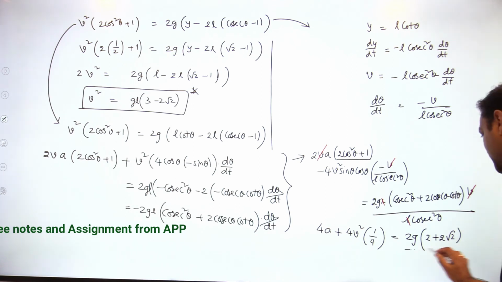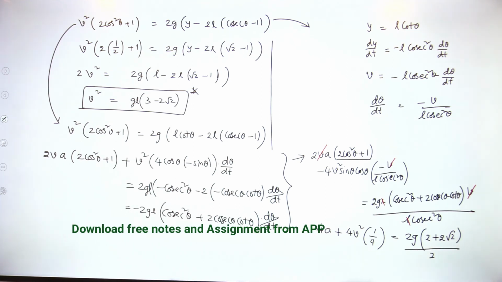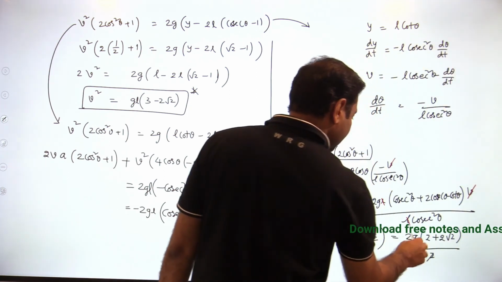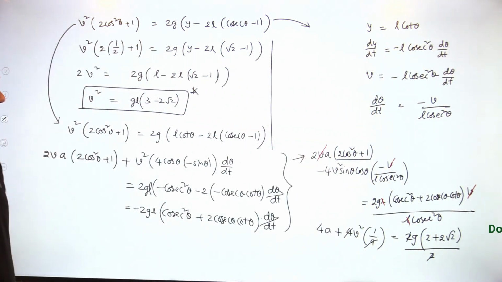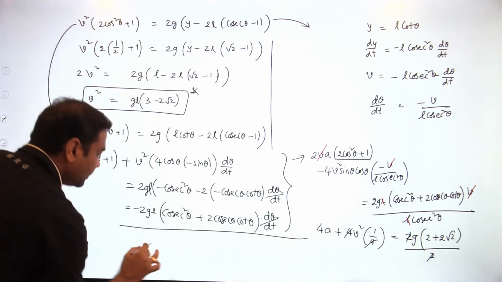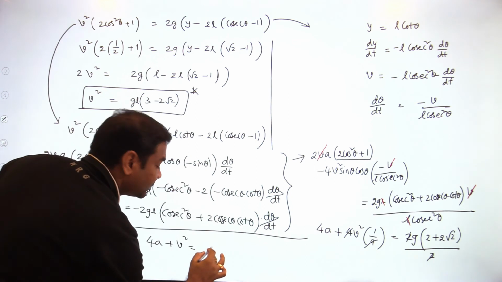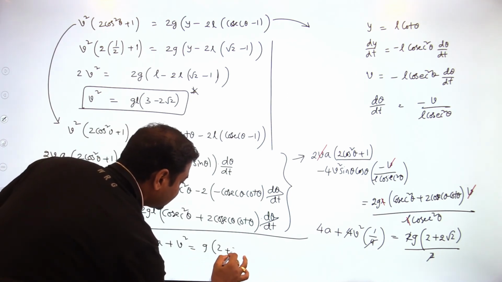By cosecant square theta 2. So 4 and 4 cancel out. Even 2 and 2 also cancel out. So finally what value are you getting? 4a plus v square is equal to g into 2 plus 2 root